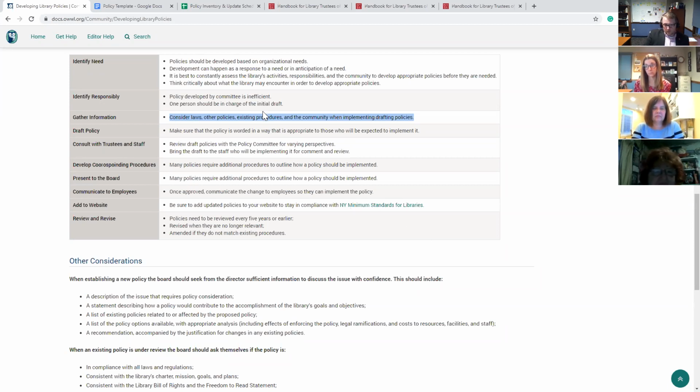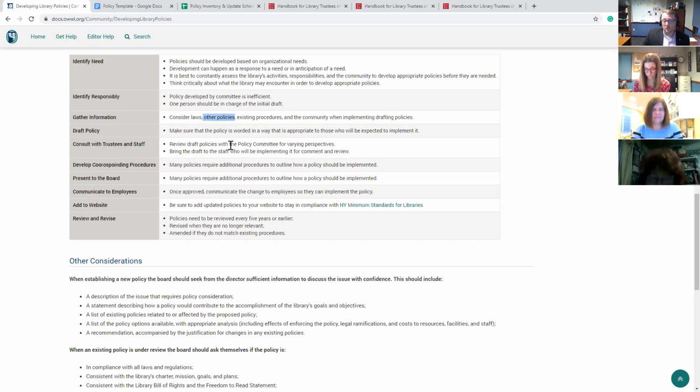Draft policies. So after you've considered all the laws, you want the laws, but you also have to make sure that your policies are consistent with all your other policies too. When I did our staff handbook review recently, there was different information written in different sections of our staff handbook that said all kinds of different stuff. So as you're developing these, you want to make sure that one of your policies isn't superseding or conflicting with